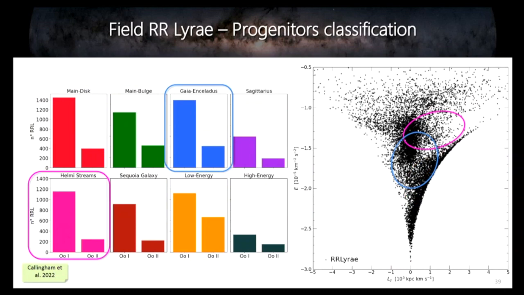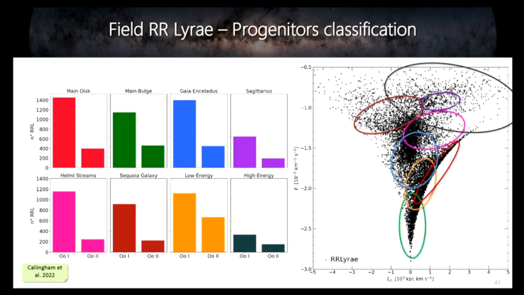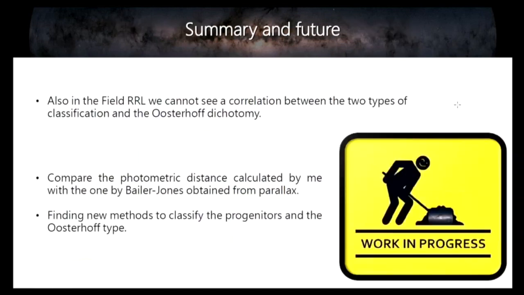And finally, I want to highlight the Helmi stream and Gaia-Enceladus. They share also, in this case, the central bulk. Finally, we can note Sequoia on the left side, the most dense region, and Sagittarius on the right side. So in this plot, I just want to highlight all the progenitors, like we already saw for the globular clusters in the first case. So basically, we cannot find a real correlation between the Oosterhoff dichotomy and these 2 types